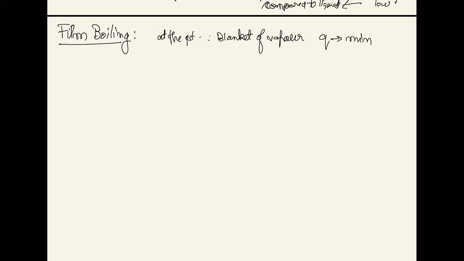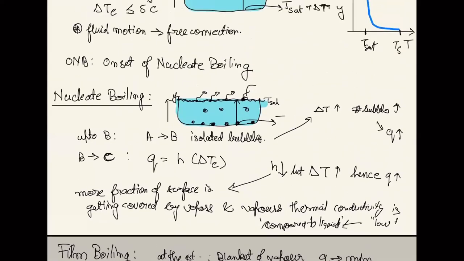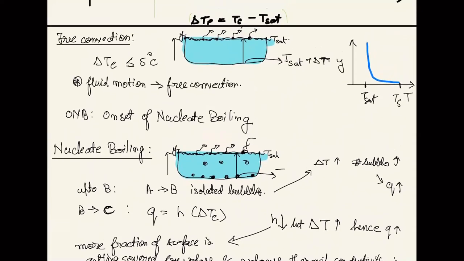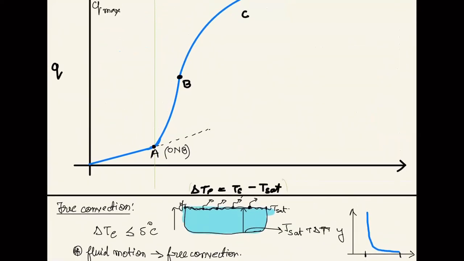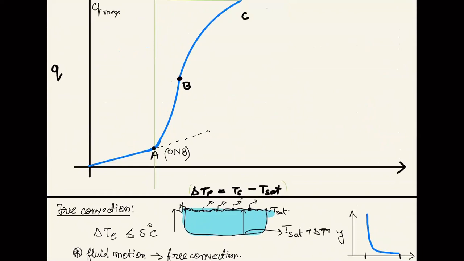value, क्योंकि वो पूरा एरिया वेपर से भर चुका है. Vapor has a very low K, so it will in turn result in a very, very low H, and the difference is in the order of tens of magnitude, और आप डेल्टा T को टेंस ऑफ मैग्नीट्यूड में थोड़ी ना चेंज कर सकते हो एक झटके में. So basically you will be reaching a point of Q minima over there, a minimum Q over there.